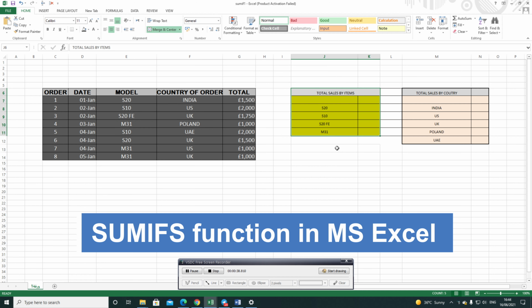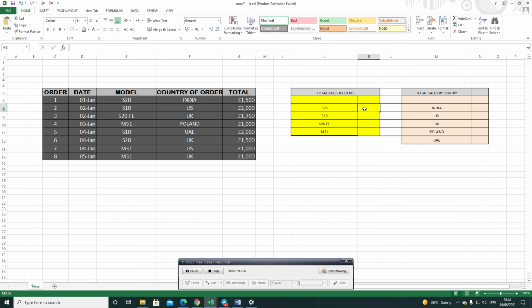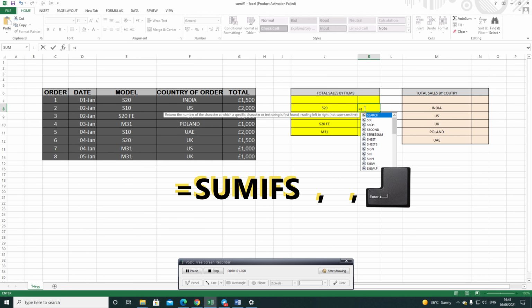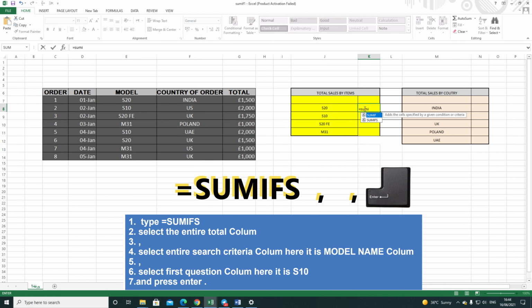So I made a box here. Here I want to know what is the total sale of S20, what is the sale of Samsung S10, what is the sale of S20 FE and M31. So I will click here and enter is equal to SUMIFS, and click on SUMIFS and select the